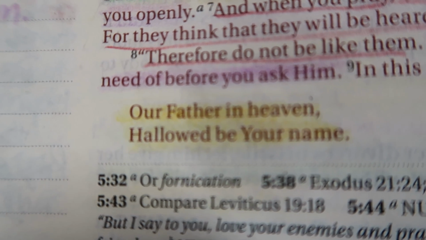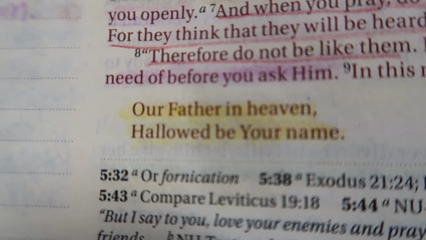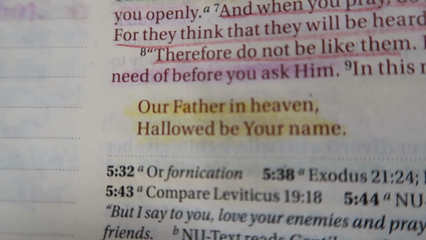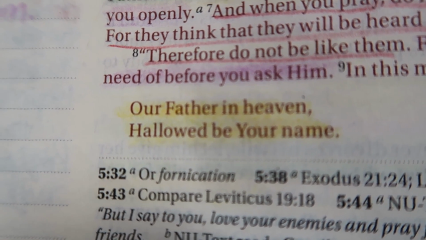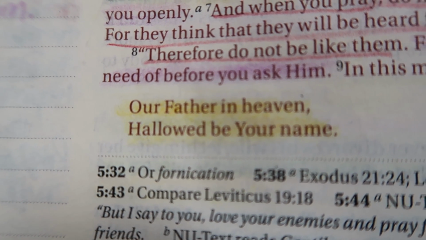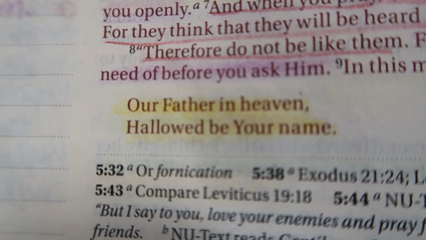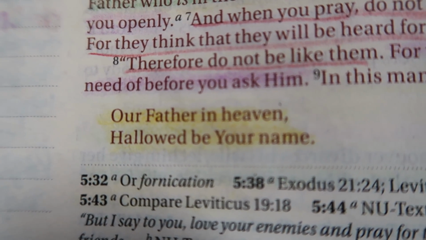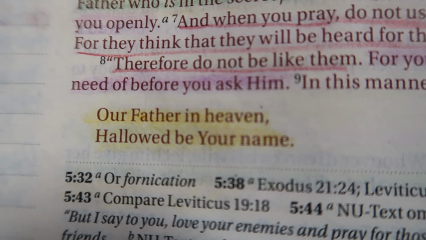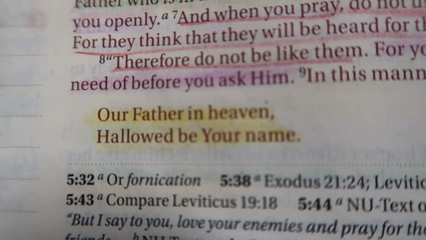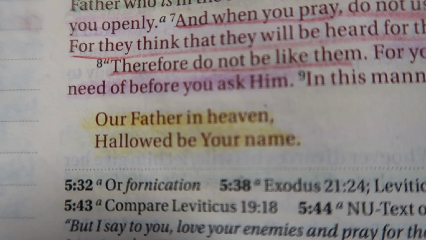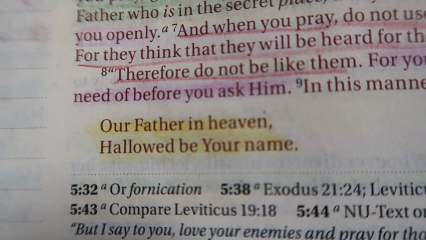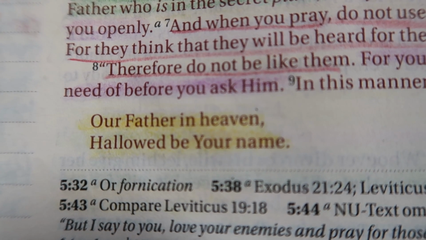And actually, sometimes I have a little flip of recipe cards that I've put together with a little hoop on them, so that they're kind of bound together, and you can add more to each category. And so Our Father in Heaven, I don't really do one for that, but Hallowed Be Thy Name, or Your Name, under that, I have the names of God. There's a lot of different names of God. I even have a little book called The Names of God, and it talks about what the names of God are and what they mean.